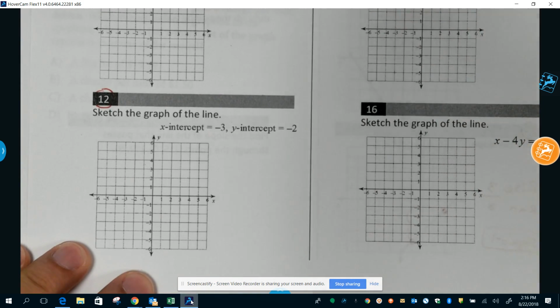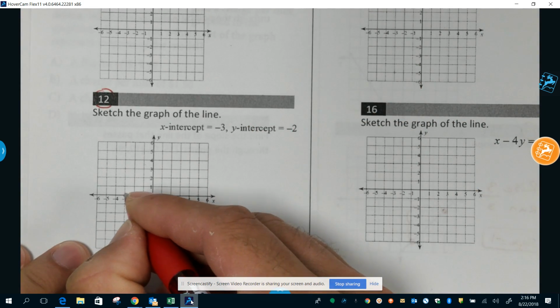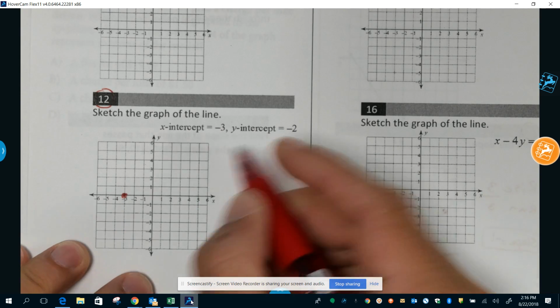If you are given intercepts, like number 12, we will plot our x-intercept at negative 3. We will plot our y-intercept at negative